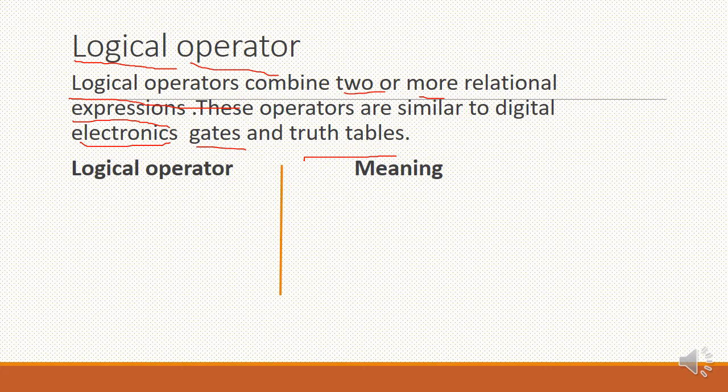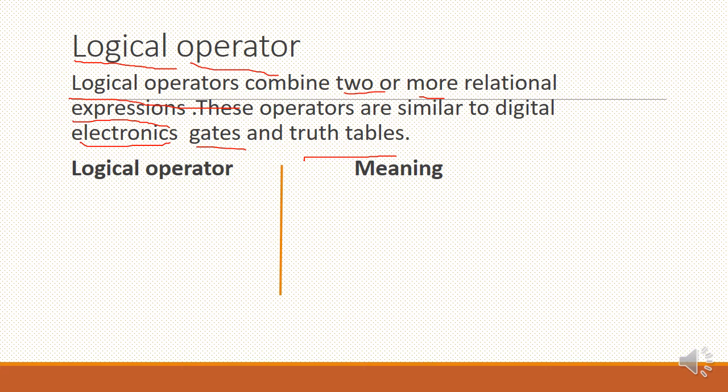What are the logical things? Logical is nothing but what we studied in digital electronics. Logic gates you have studied. What are they going to perform? They are going to perform and, or and the not. The same thing you can perform using the C language. What are the logical operations? And, or, and the not. They are the basic logical operations that are performed by the C language.